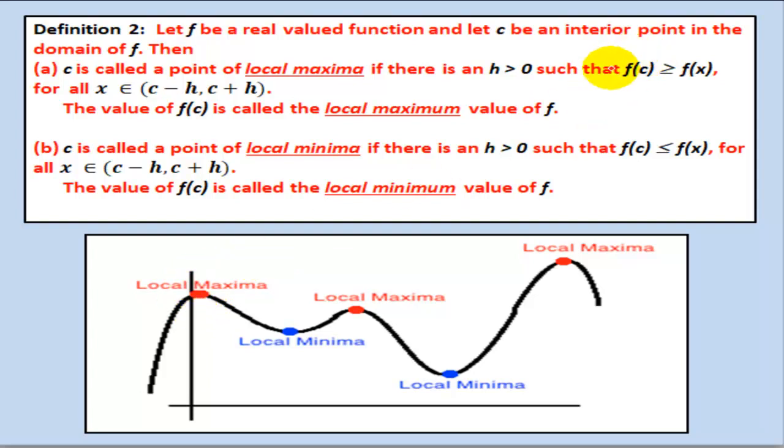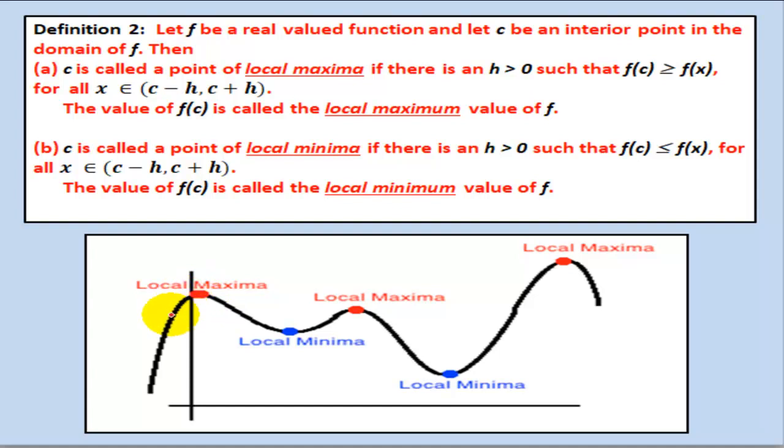If we are able to show f at c is greater than or equal to the value of the function at those points which are in the left and right neighborhood of c. So if you look at this curve, suppose this point is c, then on the left of c the value of the function is less than this. You can see the curve, the height of the curve is slightly low compared to the height of the curve at this point, even on the right side also.